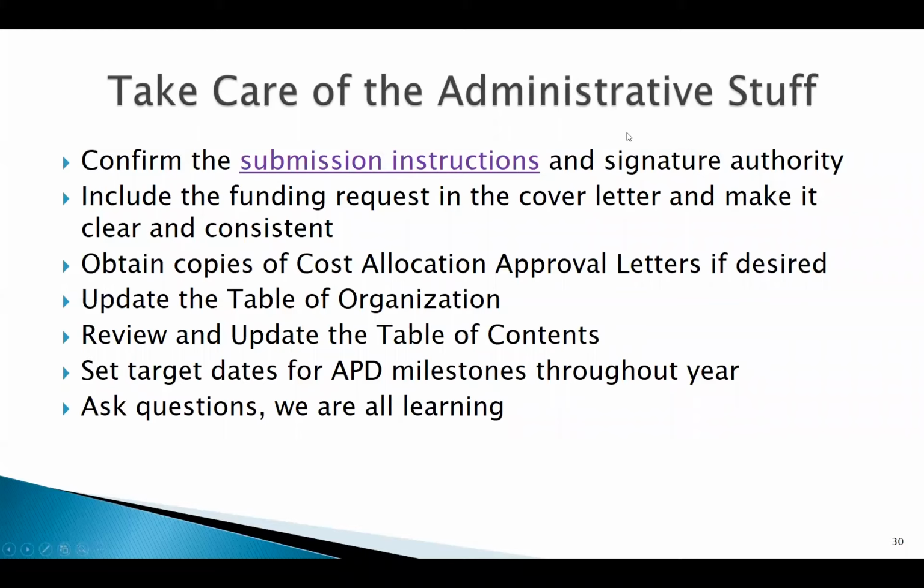Keeping just an updated table of organization will save you time. Having one that sort of shows vendor and state resources and keeping that up to date. Again, that's something that you can do ahead of time. That's helpful. And sort of looking at the structure of your APD and saying, hey, has anything changed? Do I like this table of contents? Again, our suggestion to you is to